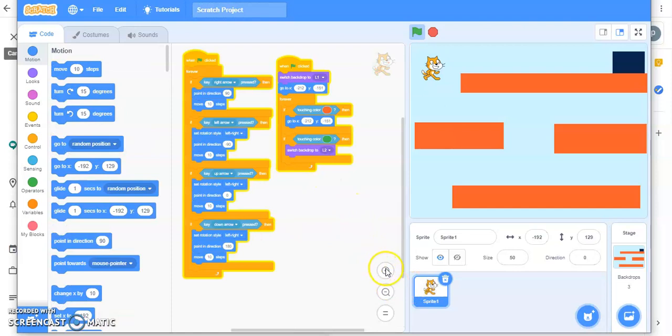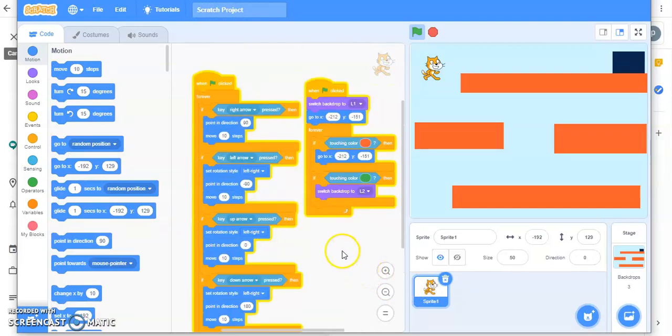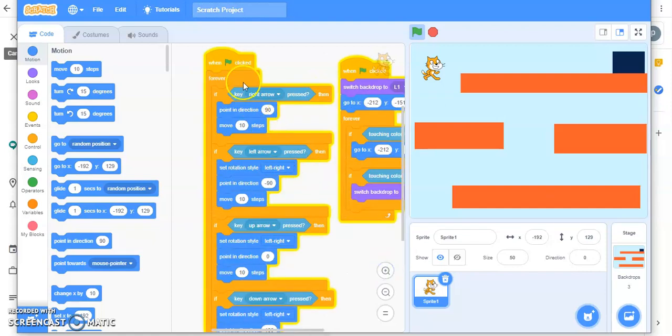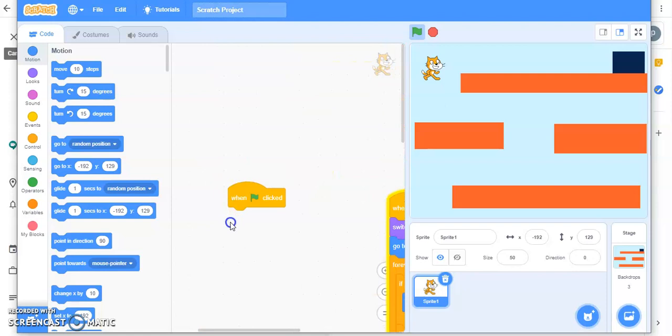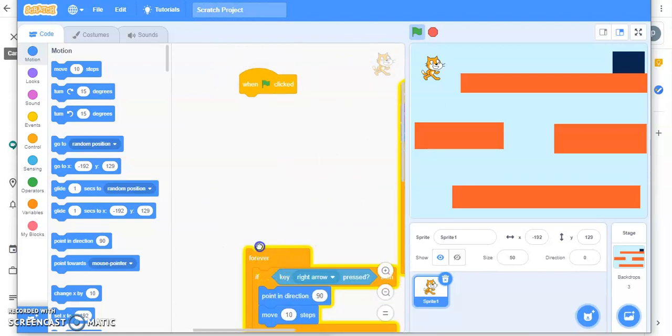Now over here I made a small change which will make your code easier and will help you to make multiple levels. Instead of broadcasting the message, I have taken switch backdrop to level 2. See, I'm just dragging it down. It has been detached. You have to attach it.